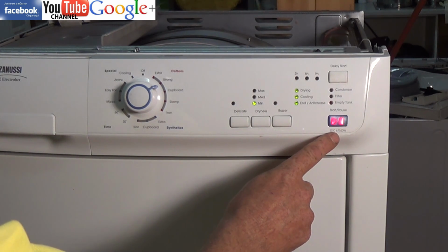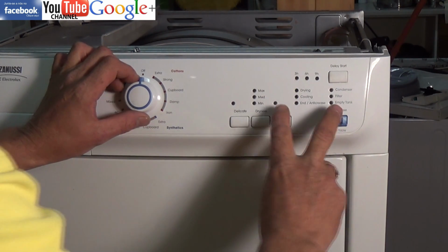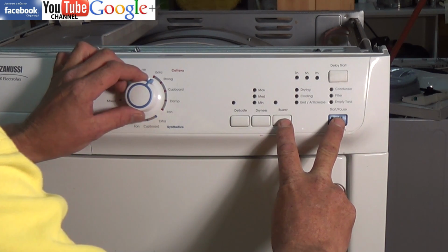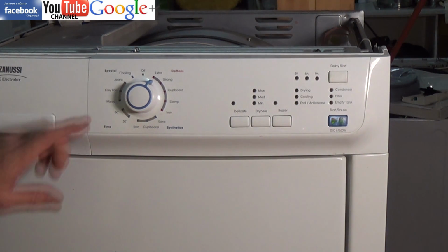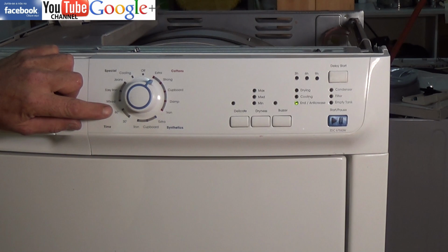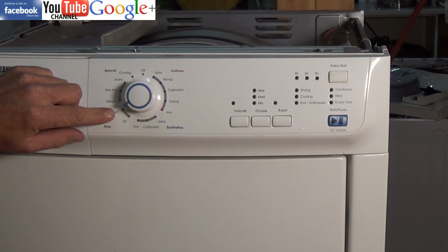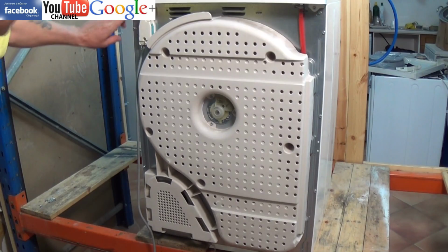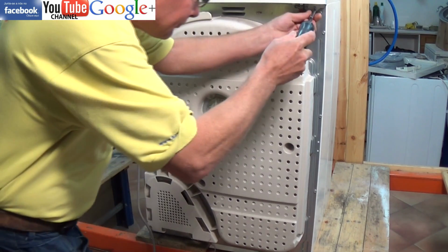Now as you can see, we've got a flashing light, but it's not actually showing us an error code, so we're going to go into the diagnostic mode. That's turning the dial from the off position to position 1 with both buttons pressed down for a couple of seconds. This will take us into a flashing light sequence, and now we're going to turn the dial across to position 10. This will show us the last stored error code, and as you can see it's flashing 2 red and 1 green. So I'll explain all about this in a second, but I'm just going to speed up the